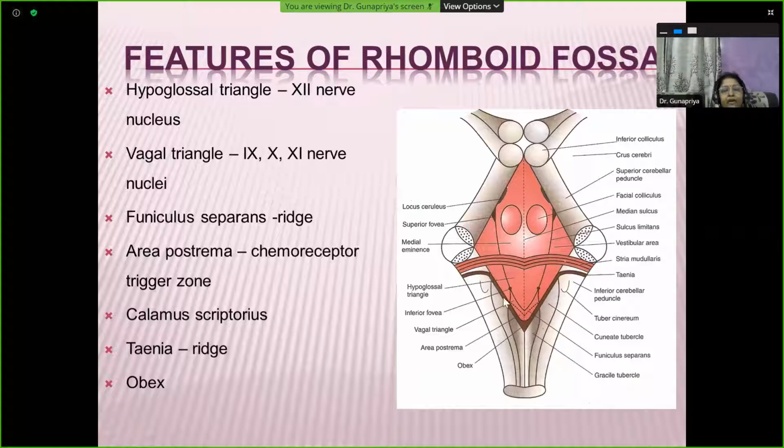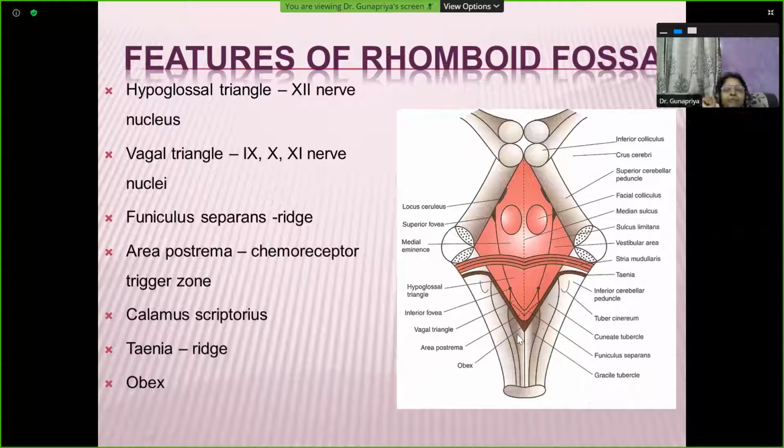Now, this lower end of the fourth ventricle, if you look at this picture, resembles the nib of a fountain pen. Fountain pens have a nib. I really wonder if you kids have seen a fountain pen, because nowadays all of us use only gel pens or ballpoints. We used to pour ink and write only with a fountain pen, which has a nib. If the nib is broken, if you drop the pen, you can even replace the nib by getting it from the stationery store. So this lower part of the floor of the fourth ventricle is supposed to resemble the nib of a fountain pen.